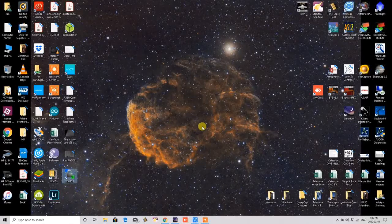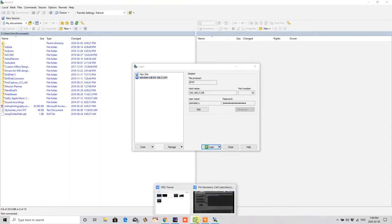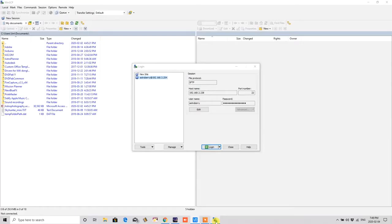Alright, so I'm just going to quickly run over some of the learnings I got from using Astroberry, my latest session. A couple of issues that I came across, and I certainly don't know if they're the result of Astroberry itself or my own doing. So anyway, I started my session here, and